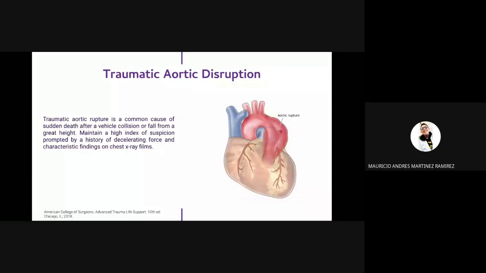A traumatic aortic rupture is a common cause of sudden death after a vehicle collision or fall from a great height. Maintain a high index of suspicion prompted by a history of decelerating force and characteristic findings on the chest X-ray films. Blood may escape into the mediastinum, but one characteristic shared with all survivors is that they have a